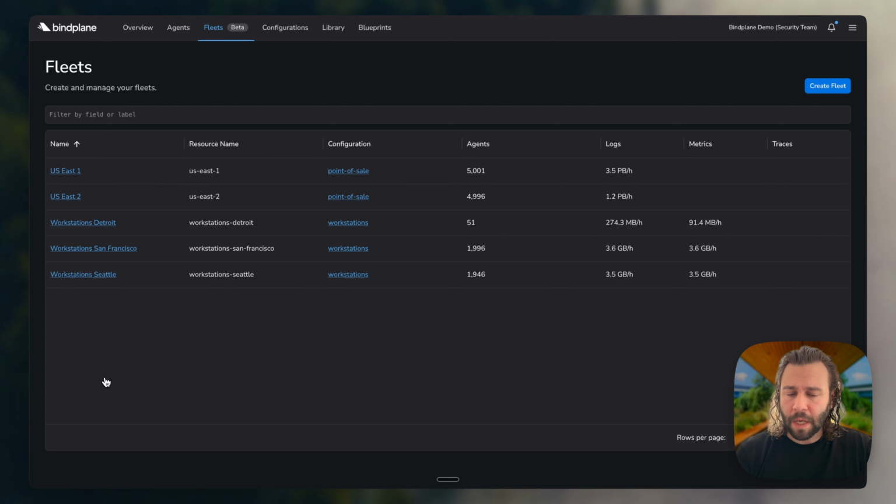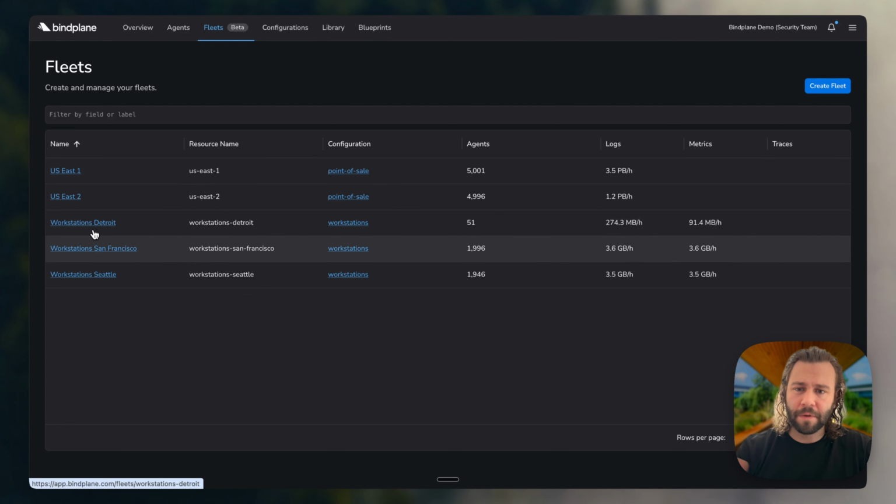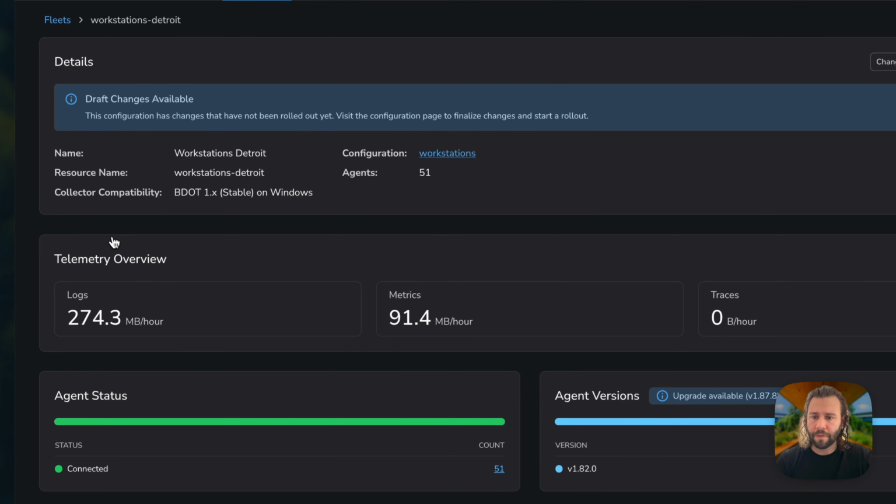One of the examples I want to walk you through quickly is, I've got 3 offices: Detroit, San Francisco, Seattle, and we've got employee workstations in each of those cities running the collector. And so I've built a fleet in this case for each of those offices. And so if we go ahead and look at the Detroit fleet,